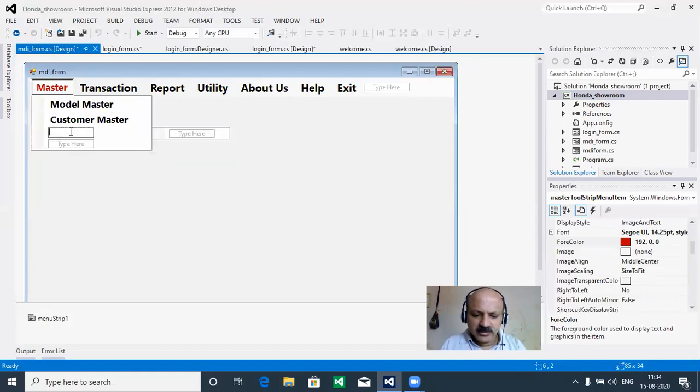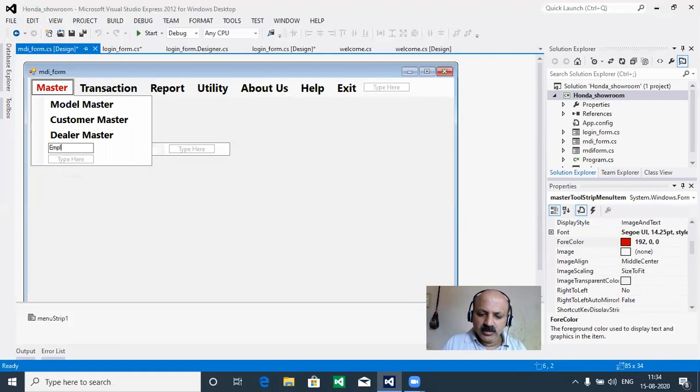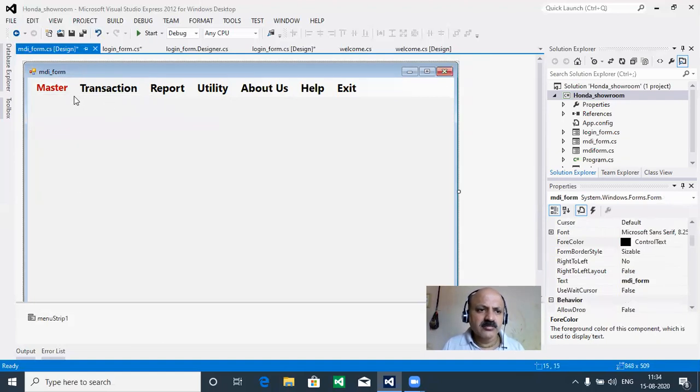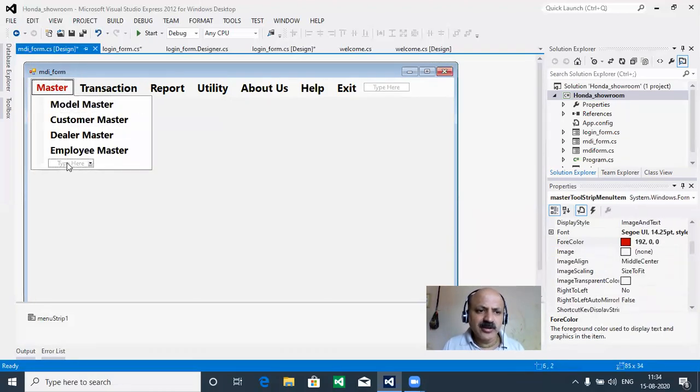Then, if a dealer is there in your requirement, you can first gather the information whether a dealer is there or not. So now dealer appears, and then you can take employee, or you can say worker master. That is also possible, because it is a Honda showroom, so we can say employee. And last, service master.